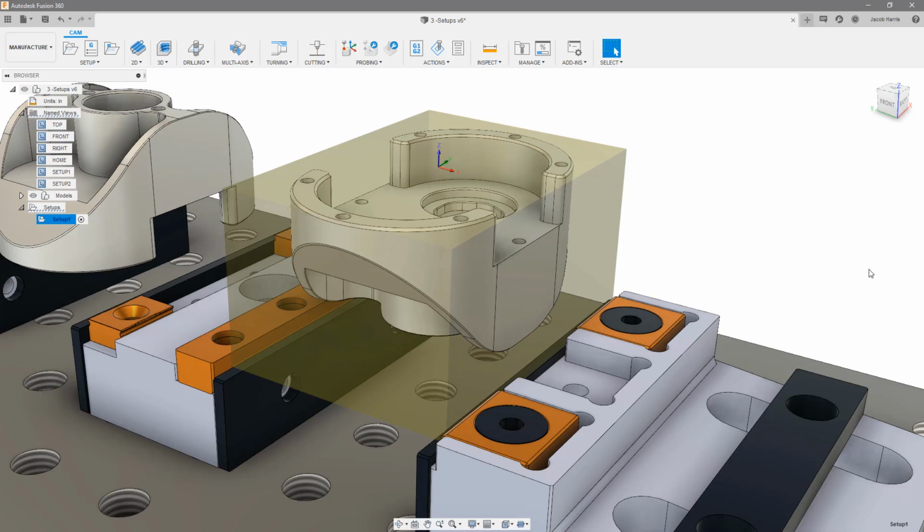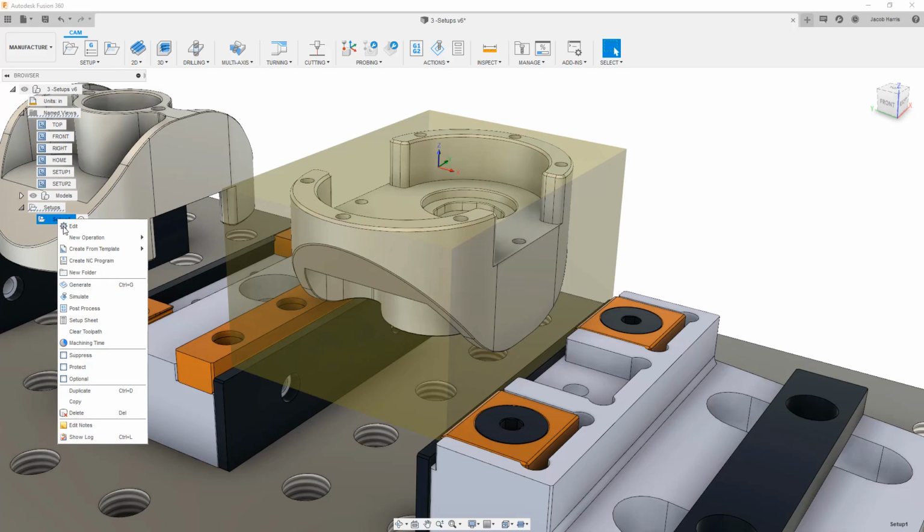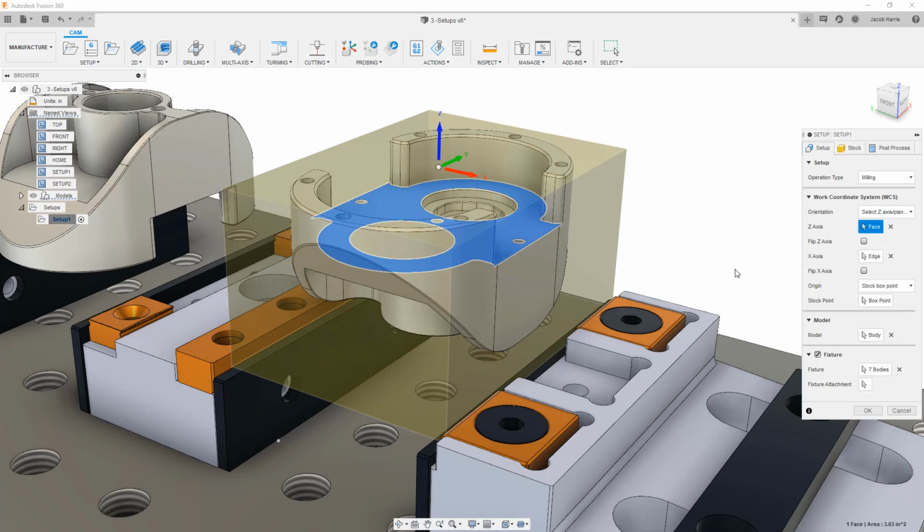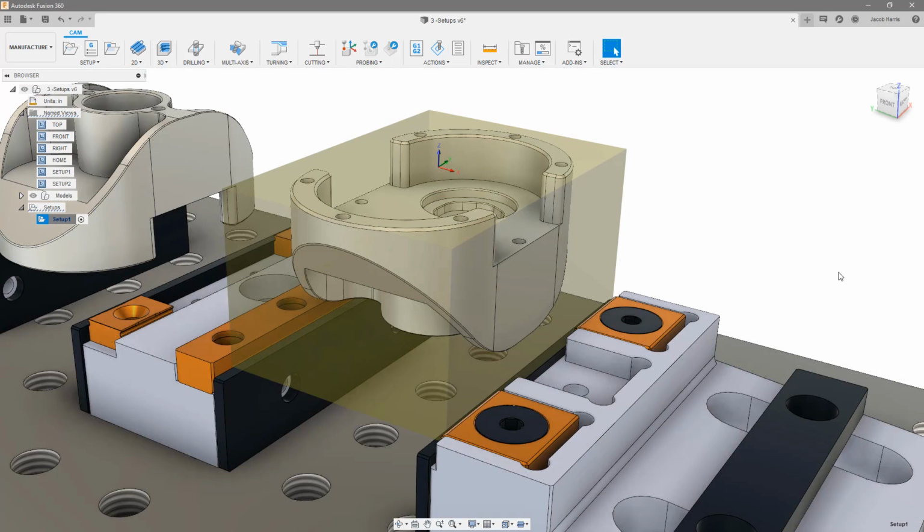Note that each operation within the setup will inherit that setup's WCS and stock material. The setup can now be found in the feature tree and edited at any time by right-clicking and selecting Edit. When we have multiple setups, it is important to ensure that we have the correct setup activated. Let's quickly take a look at creating our second setup, which will be responsible for machining side 2 of our